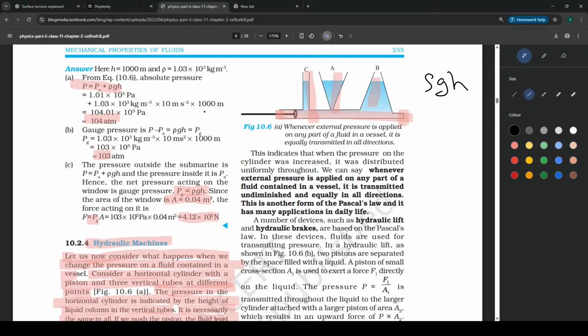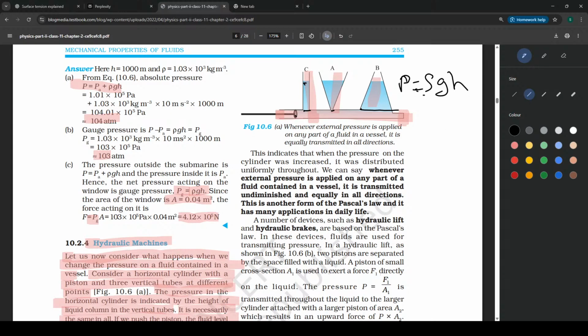If we apply pressure at one point, this pressure is transmitted to all points of the liquid. That is Pascal's law. So when we apply pressure here, it will be transferred here, here and here. Let's assume it's some pressure P, and because this water is not falling down, that means the pressure must be equal to rho g h,